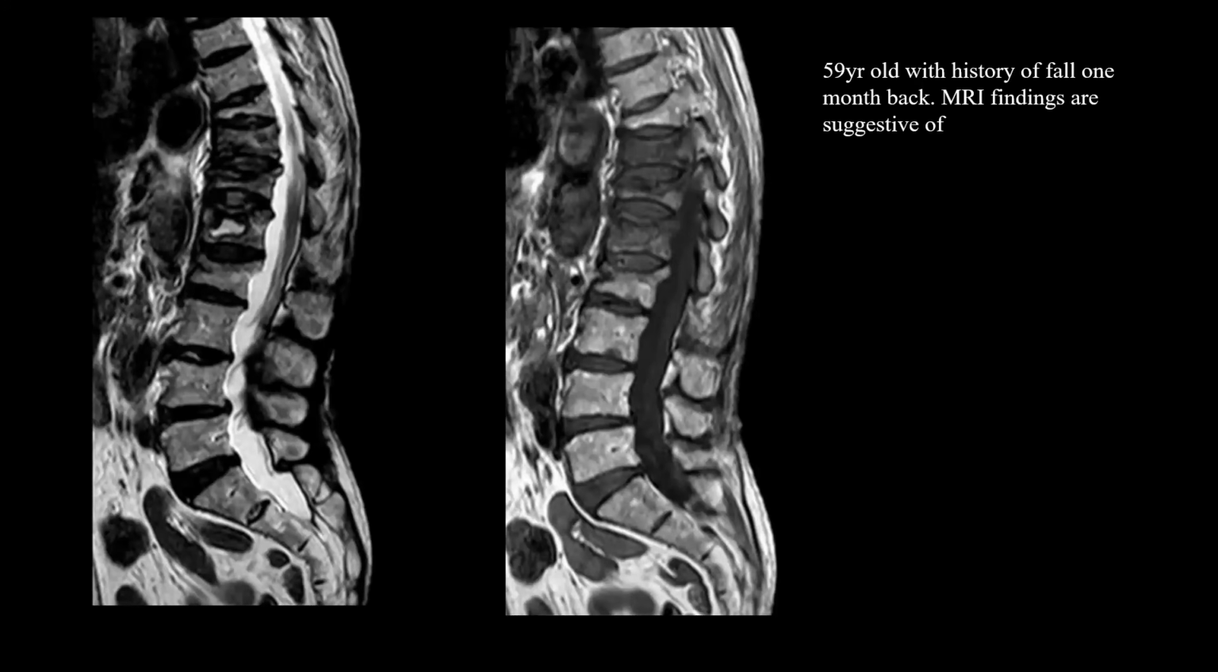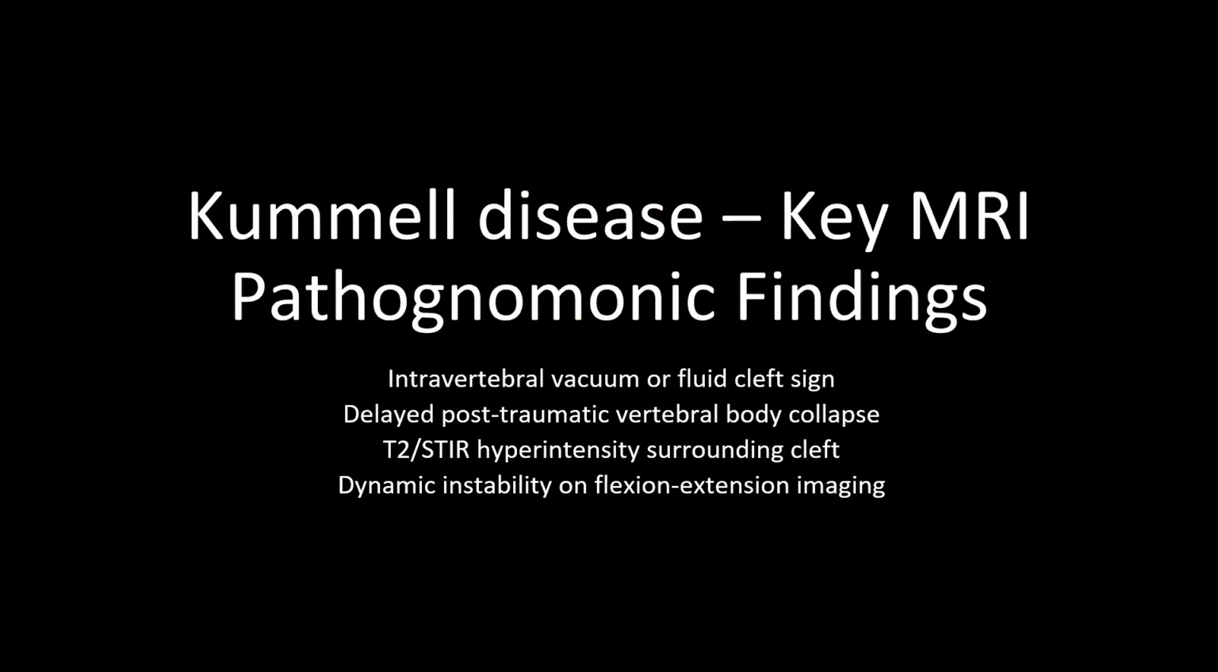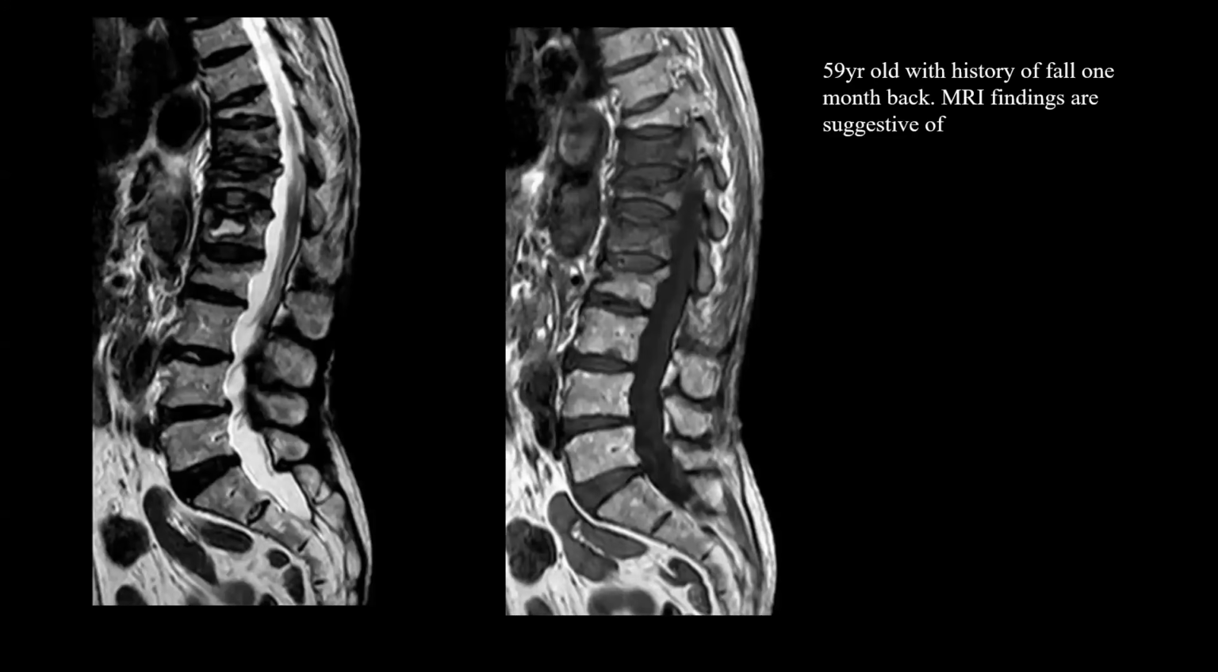Next quiz case was this, where you could see multiple vertebral bodies showing areas of altered signal intensity and also wedging. So what is this? This is Kummell's disease. And what is Kummell's? It is intravertebral vacuum or fluid cleft sign, delayed post-traumatic vertebral body collapse, where you see T2 or STIR hyperintensity surrounding the cleft and dynamic instability on flexion extension if it is performed. So this is like avascular necrosis of the vertebral body setting in, which needs to be informed in your report